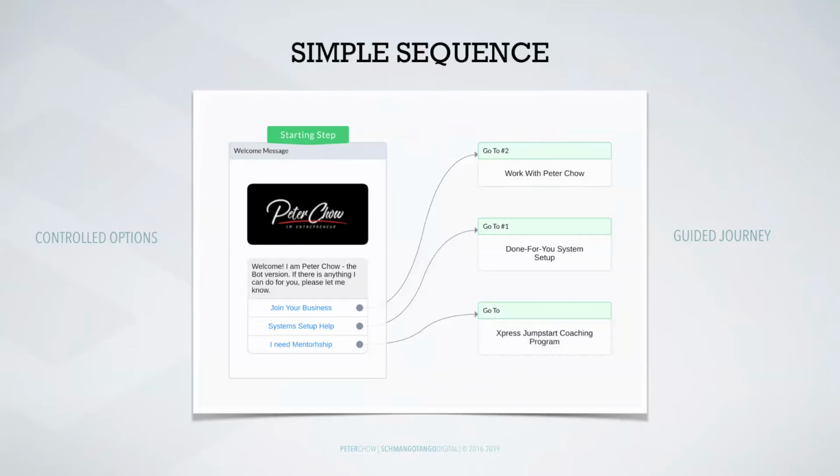Here is a simple sequence, a series of, now in this case it is a very simple one, and what it does is that it gives you a control option of what your audience will see the moment they engage with you. Okay,